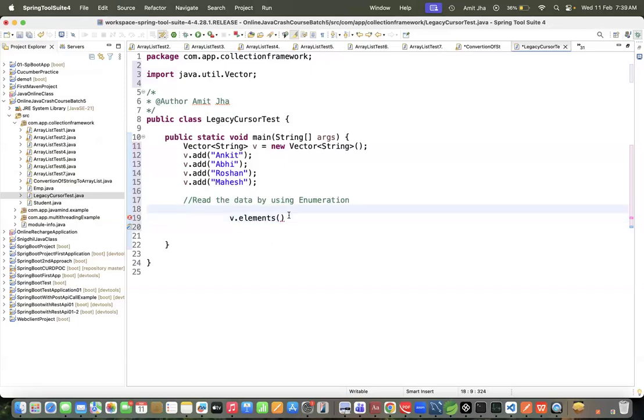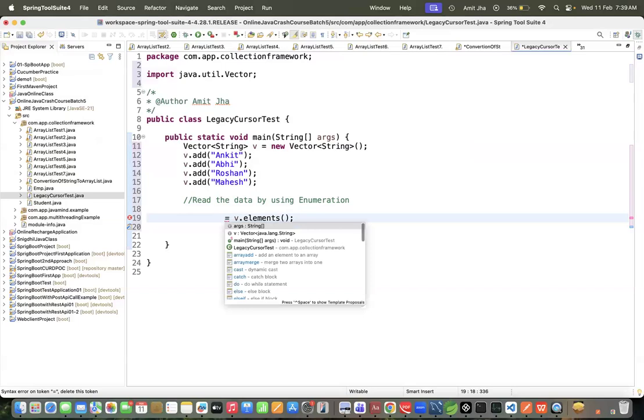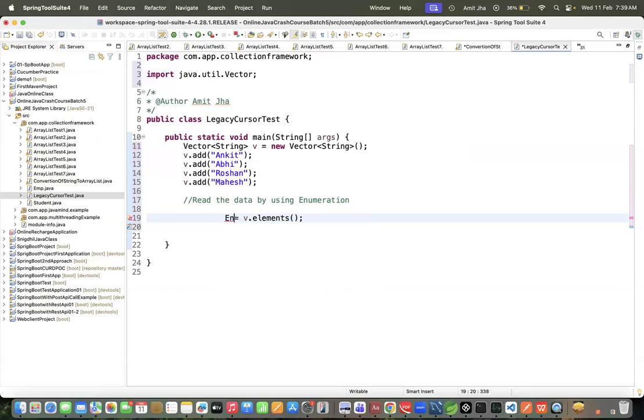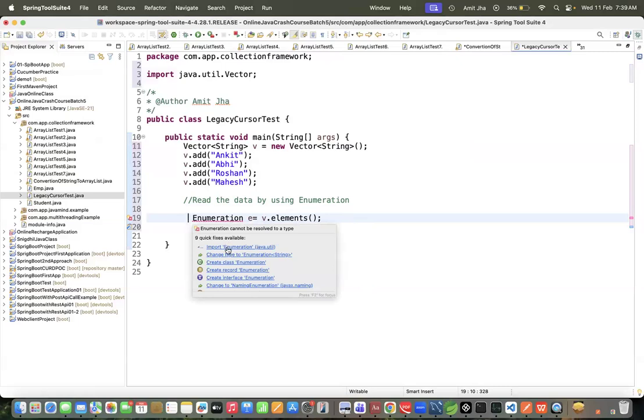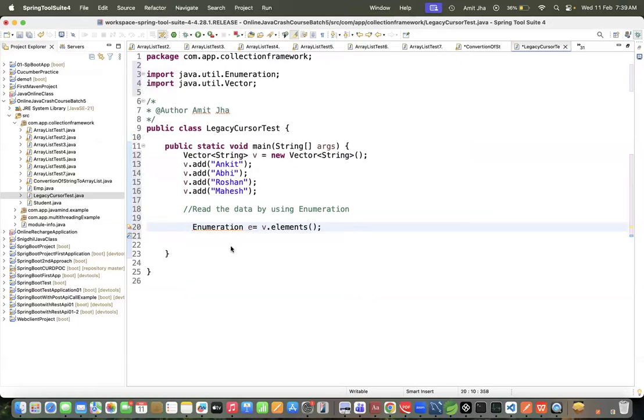Then how can we hold this data? You can see that it will give the Enumeration. Done.